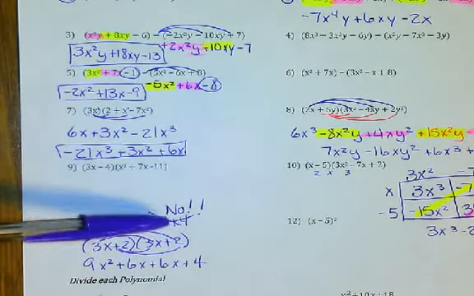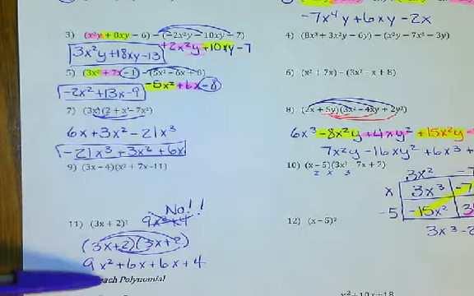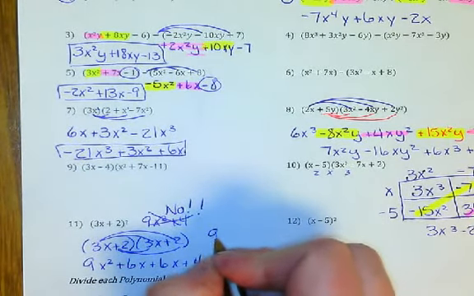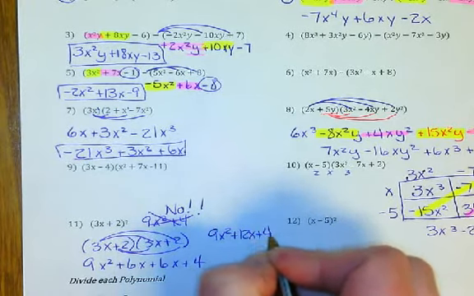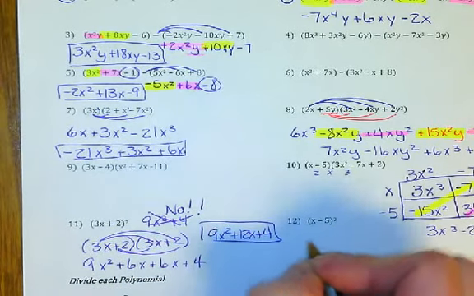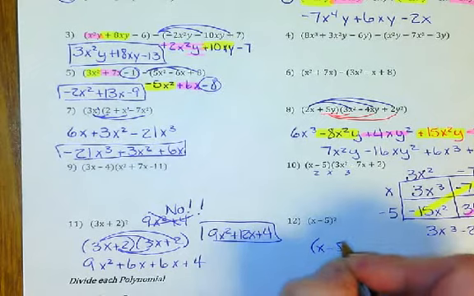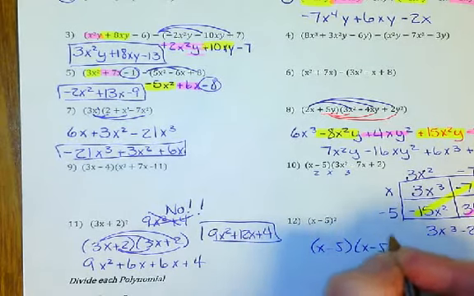See, if you do it this way, you're leaving out all those middle terms. You're leaving out the 6x's, okay? So your final answer here would be 9x squared plus 12x plus 4. Again, number 12 is the exact same way, so you can work this one out on your own and then check the key. Okay, with the dividing,